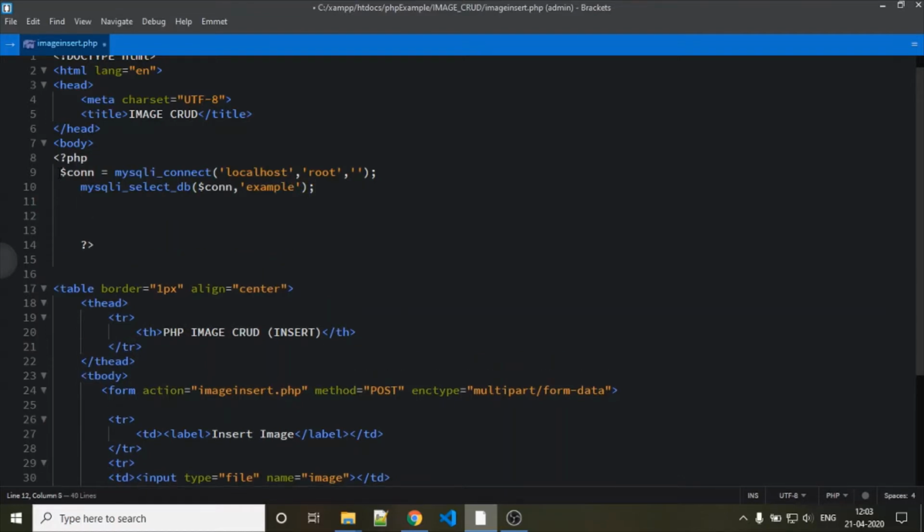Then we write the query. The query is insert into table.